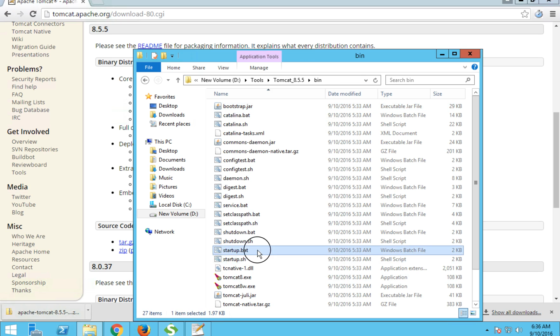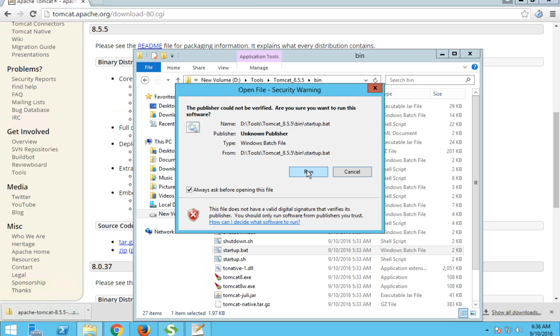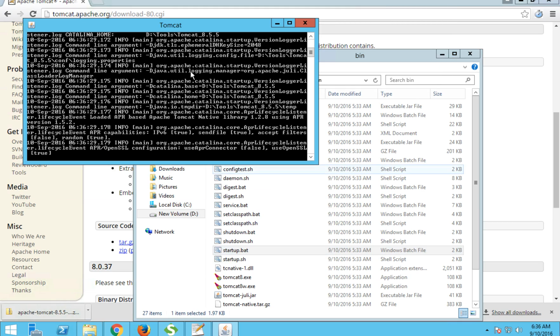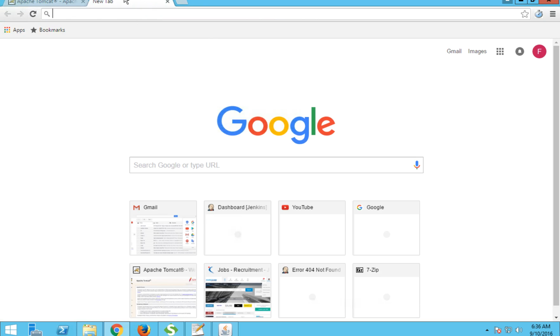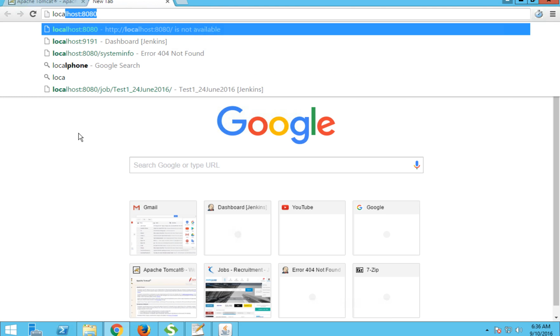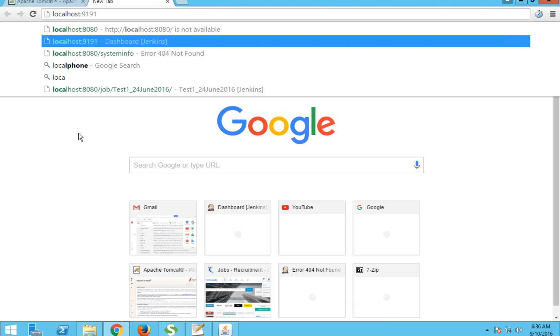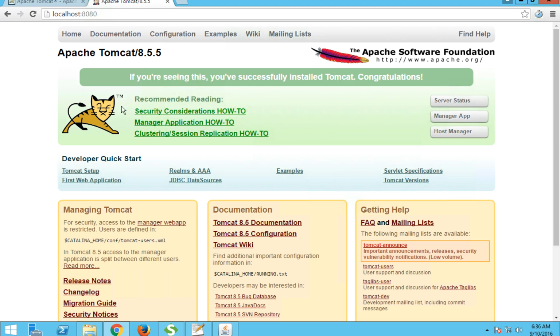You can just click this file and run this and go to your browser after it has run, and the default port on which Tomcat will start will be 8080. So you can go to localhost 8080, and if your Tomcat has started, you will see a window like this.